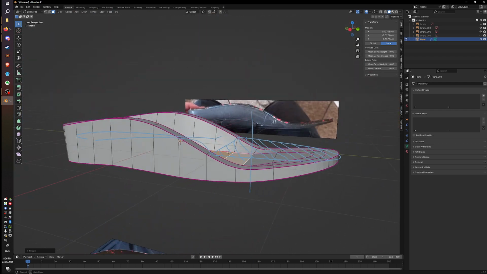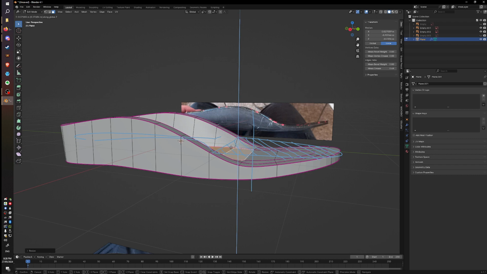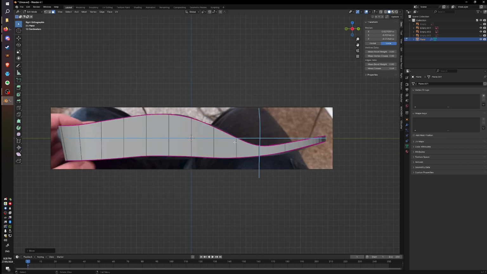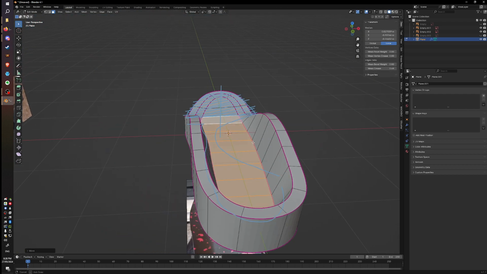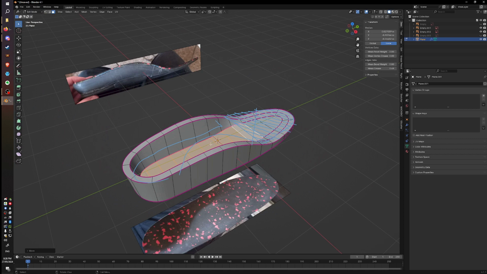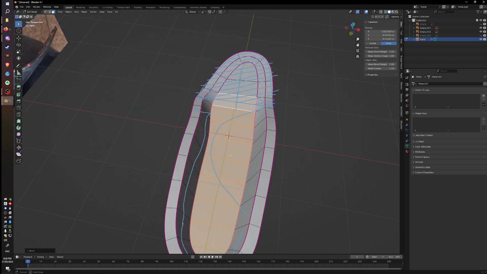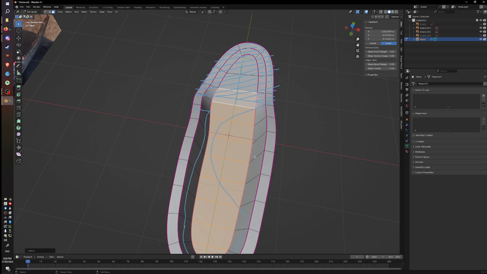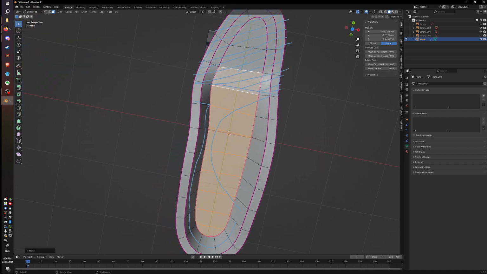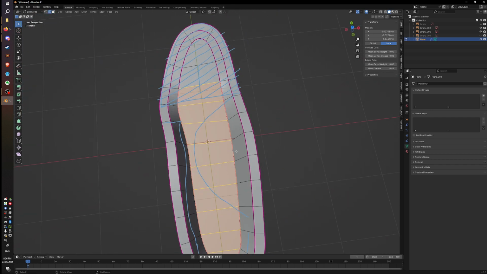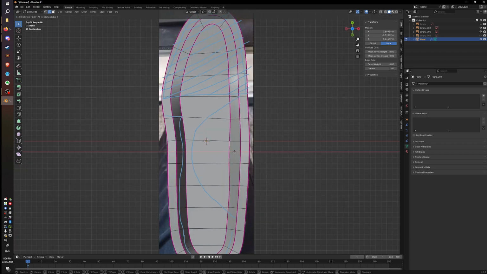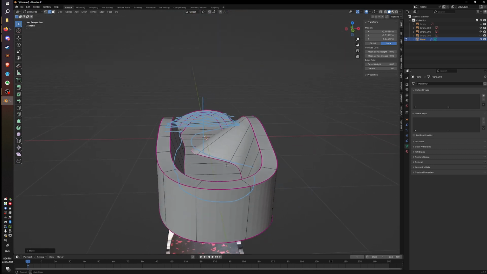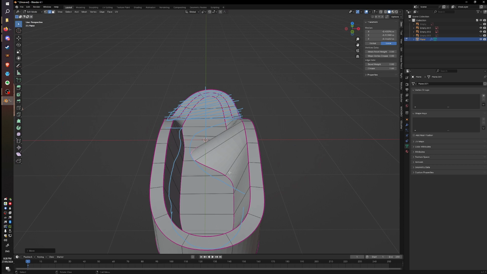And then what we can do is move them up a little bit, Z again, until the side of this orthotic doesn't extend any further than the orthotic. So now we can assume this person has a moat for a foot. That's not good. So what we're going to do now is give it some curve inwards to give us this shape here. So we're going to press 2, click on this edge here, go to 7, G, Z, and move it to the end point. Wow, what an uncomfortable looking orthotic. Let's keep going. 7,